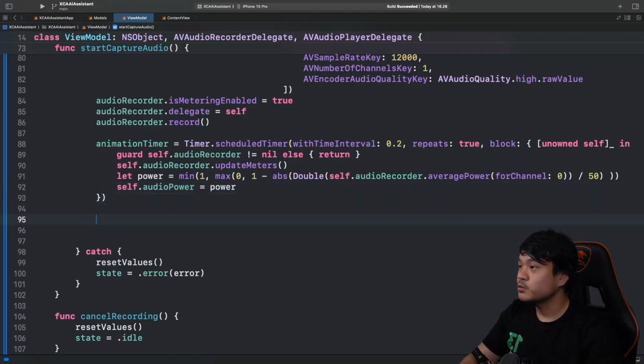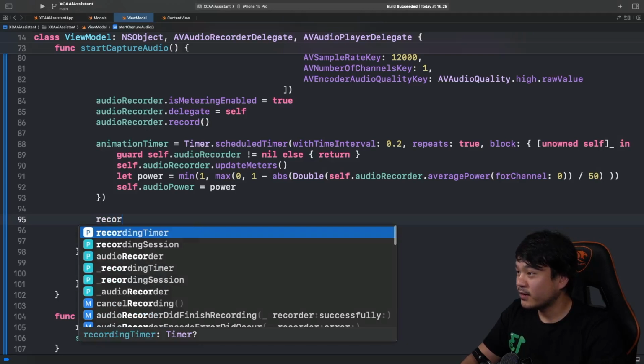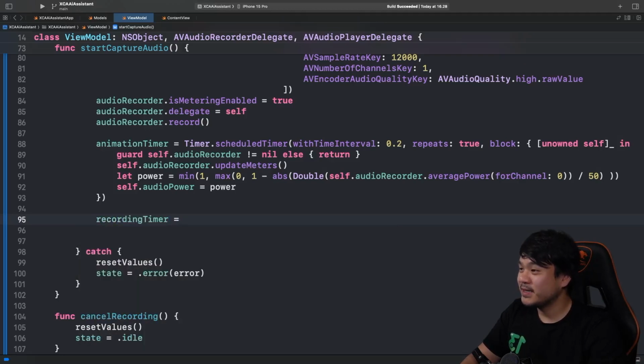Next one is when should we stop the recording of the timer. We don't want to add an explicit stop button, right? Because if you see lots of other apps, they don't have that stop button where the user needs to tap. Even if you try to use Siri on iOS, it doesn't have an explicit stop button, right? It can detect when you stop speaking after a specific interval. It will just send the prompt to Siri to process. Okay, so we're going to have a very simple mechanism for that.